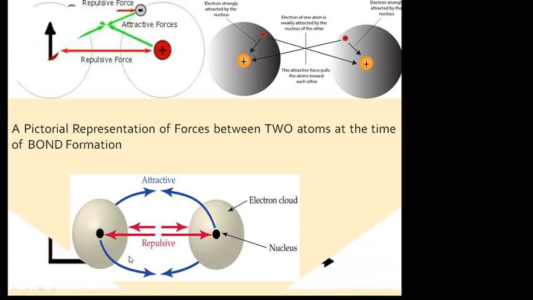Once again, attractive and repulsive forces with a different figure. So you have two repulsions, one is nucleus to nucleus, and here you see the electron cloud, so this is pointing at the cloud. So cloud and cloud is repulsion to each other. Then look at the blue arrows, that is showing attraction. So the cloud of the first atom is attracted by the nucleus of the second, and the nucleus of the first is attracted by the cloud of the second. So blue arrows are indicating the attractive forces. So this is also one of the figures you can remember, and then you can write it out if needed on paper. Anyway,